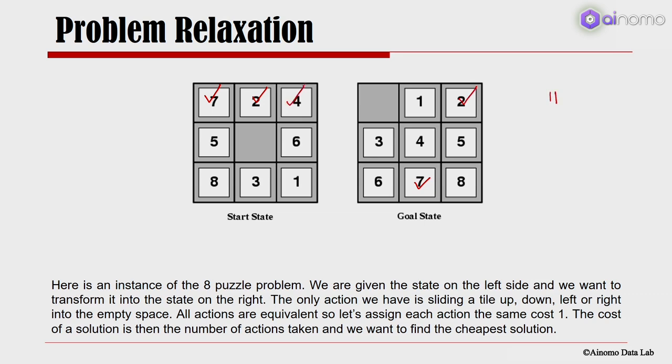I would love to pick up 4, put it here. That would be 3 operations. I would pick up 5, put it there, 4 operations. Pick up 6, put it in its place, 5 operations. Pick up 8, put it in its place. Pick up 3, put it in its place. And pick up 1 and put it in its place. So I would have 8 operations required to move from this to this in a relaxed problem, where the relaxation